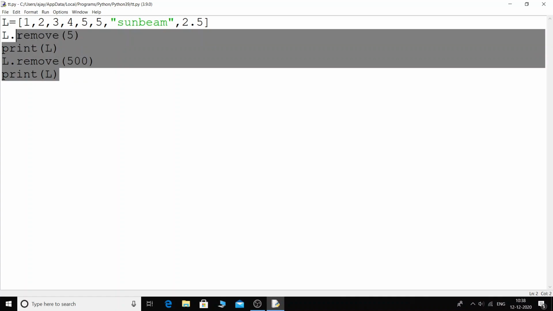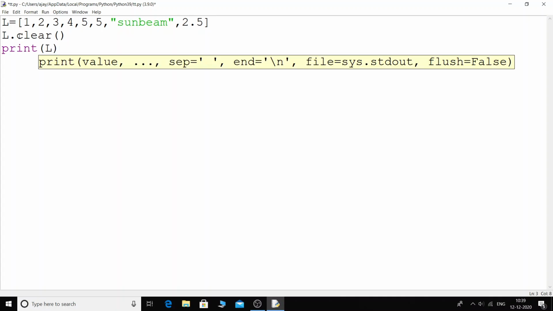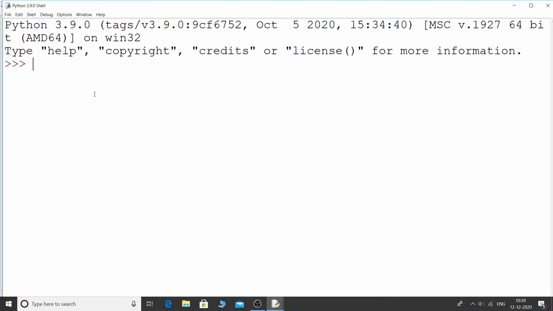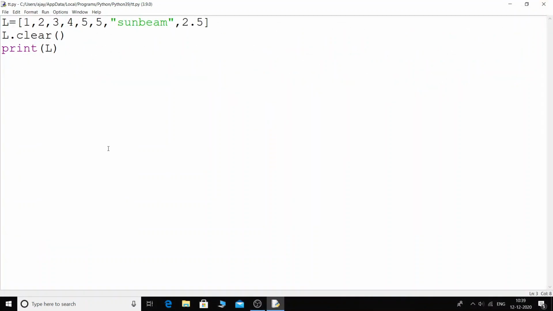And then what we have is a method, that is the clear method. Now clear is basically going to remove all the elements from the list. Okay, so if I run this, you can see there is a list, but the list is an empty list. Okay, and then what we have is